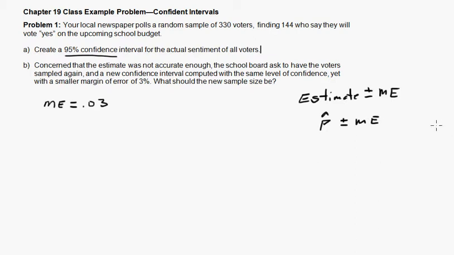Okay, so the formula for the margin of error is equal to z star times the square root of, in this case, p hat, q hat. And the reason I say p hat, q hat is because previously we have a p hat, so we have an estimate. So assuming this estimate is reasonably accurate,